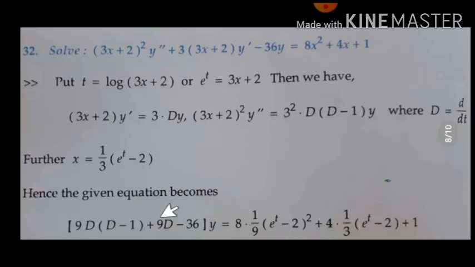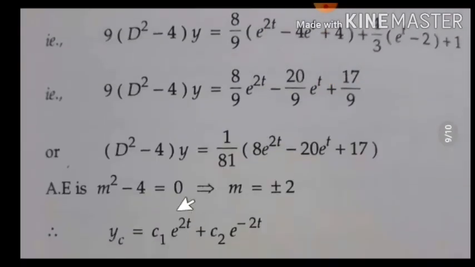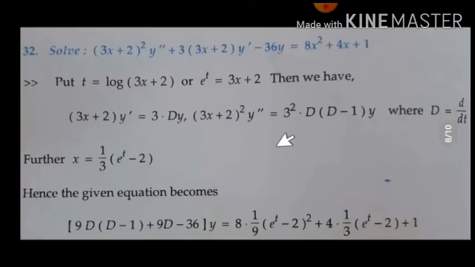One minute. Here let me simplify the left hand side first. 9D square minus 9D plus 9D get cancelled. So 9D square minus 36 will be on the left hand side. Taking 9 common, we are left with D square minus 4, since 9 into 4 is 36. And in the right hand side, in the right hand side, here we have the term in the form of a minus b whole square.